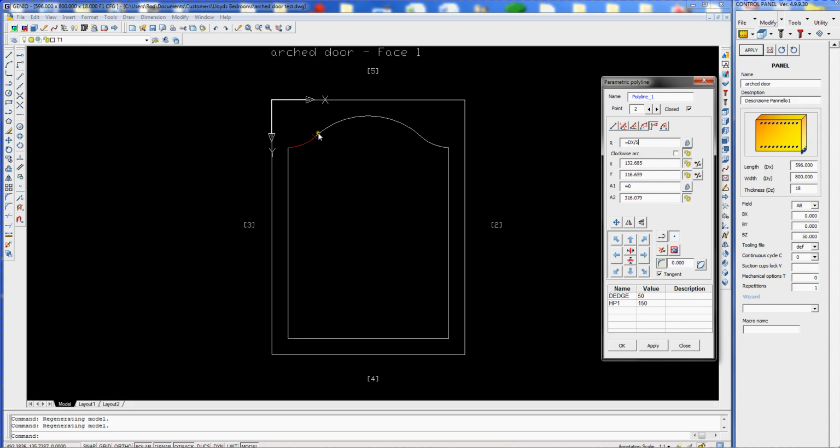The angle of this arc going out is unlocked, so that will change as it goes along. And what I've also said is that this has got to be a tangent to the next arc. Okay, so the arc radius is a fifth of the width, so the door changes, that will change, but the angle is always 0 and it's always a tangent to the next geometry. If I go to the next point,